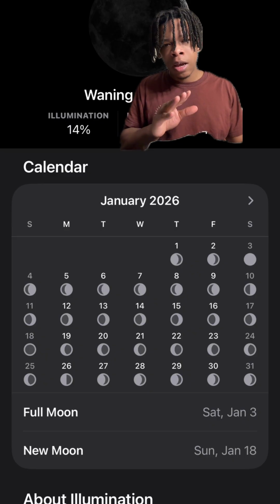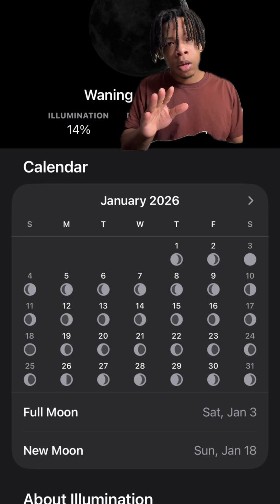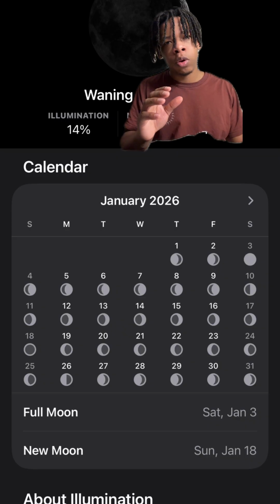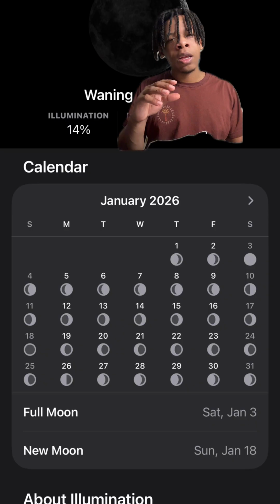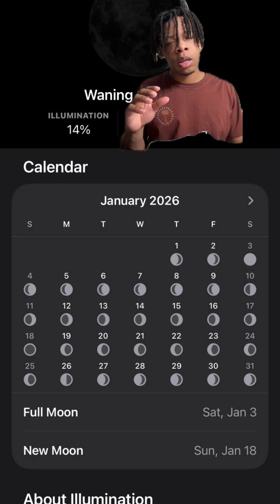Now that's not accurate. I'm just going to say that now. When there is zero illumination on the moon, that is not a new moon. By scripture, when light is received upon the moon, that is the new month and the first day of that month.